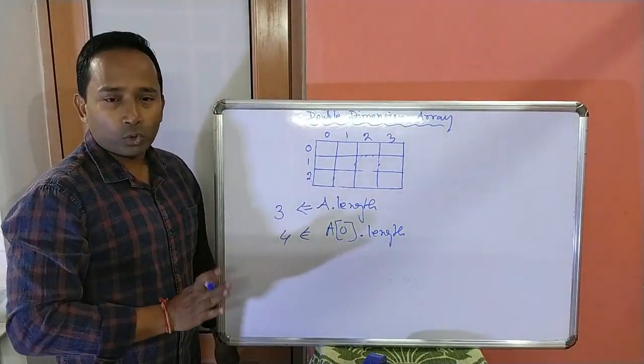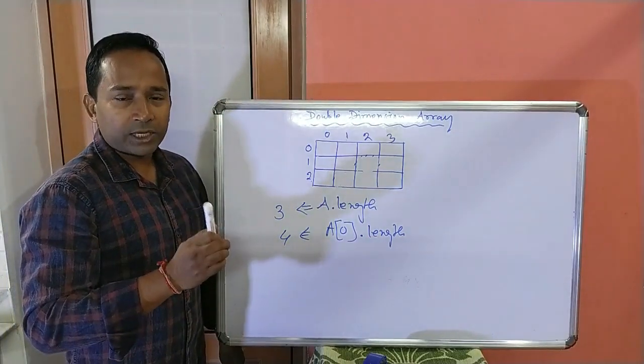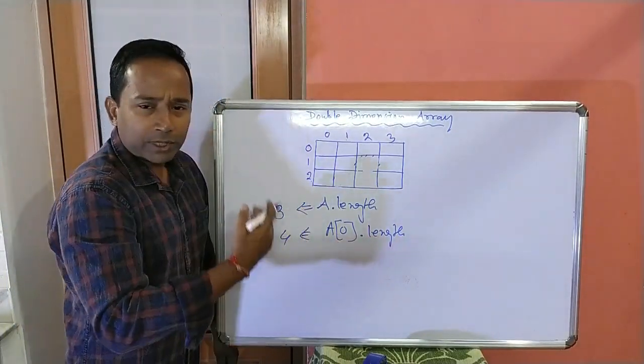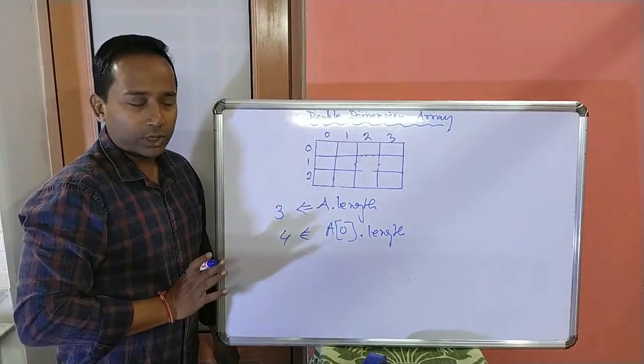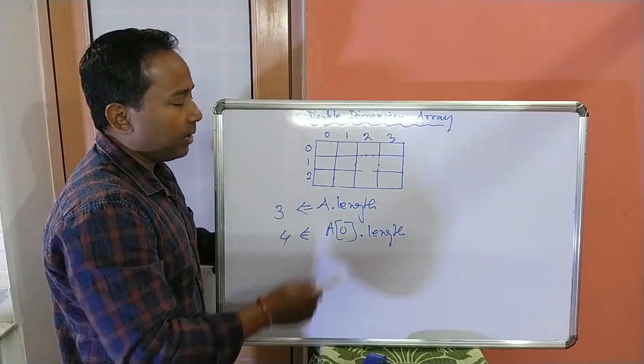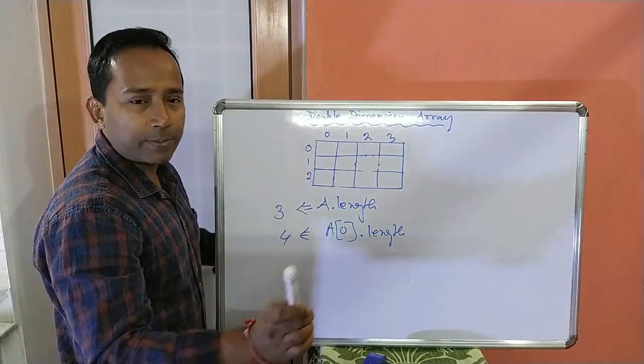But we don't know how many rows are there. But at least a double dimension array consists of 2 rows. That's why we can use either 0 or 1. So better we use 0 to refer to the first row only, to get the number of elements present in that first row. That means that is the number of columns. And the number of columns for each row is the same.